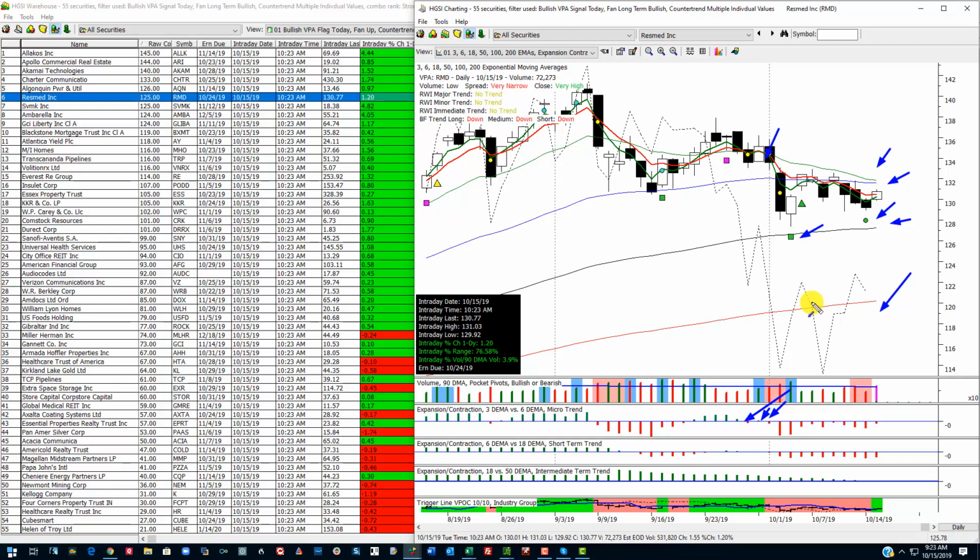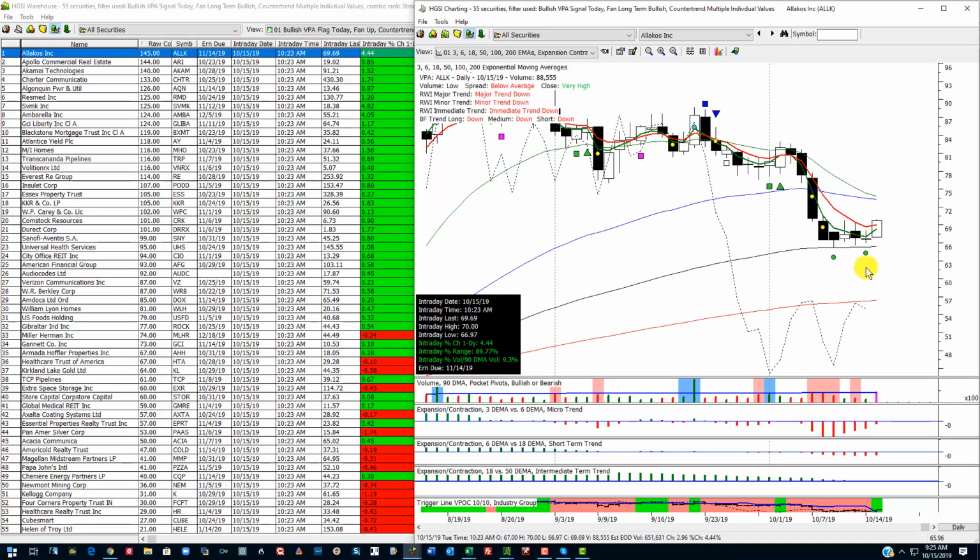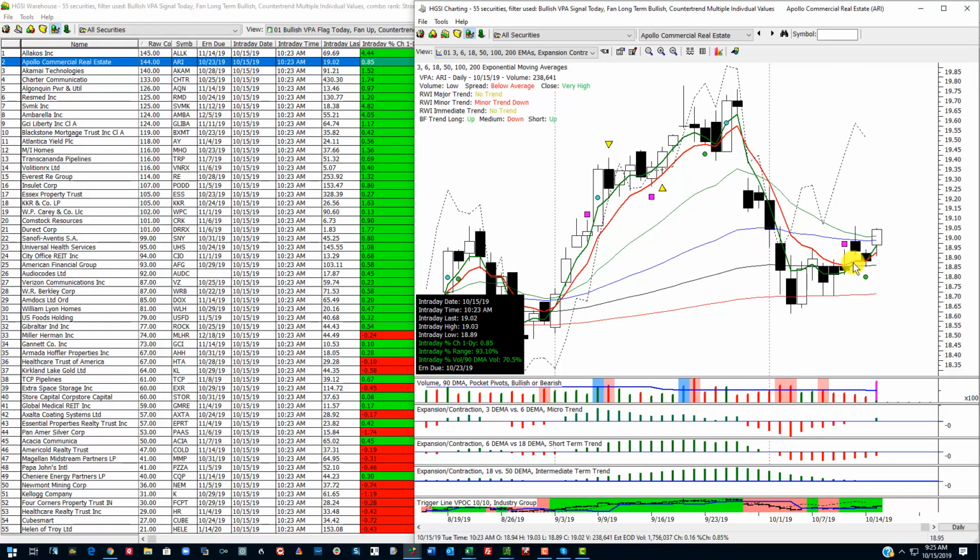What the scan does is essentially look for strong stocks that are pulling back and are potentially going up again. So the buy point would be when the green passes up through the red again, and you can find some of these intraday. Let's go back to that first one. It's not quite there yet, but you can get in early if you want to. Here's one, a counter trend, a sharp counter trend, and the green went up through the red. You can see it down here also. So this would be